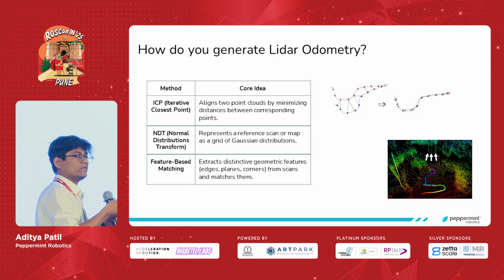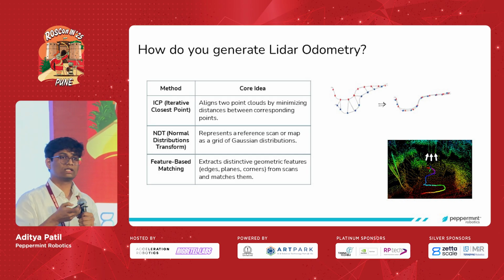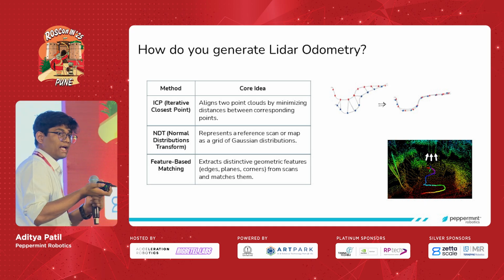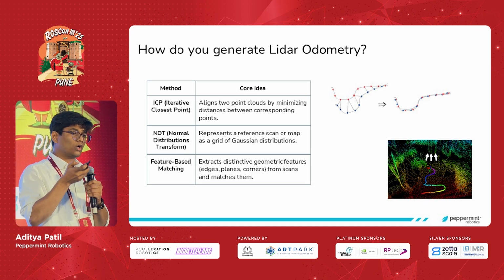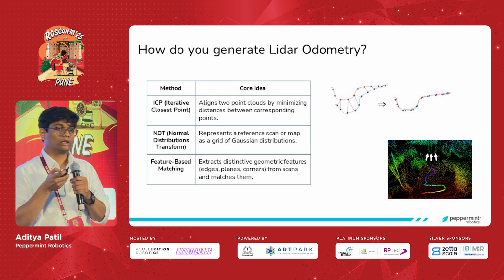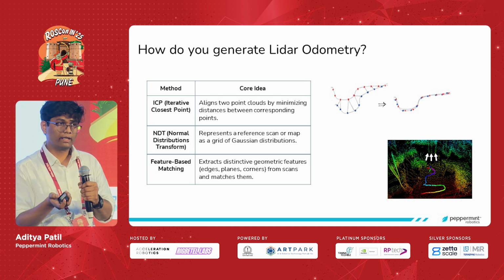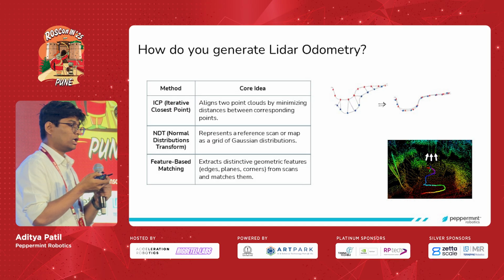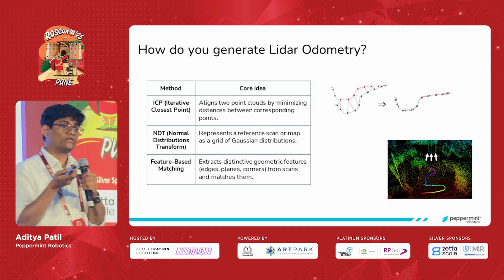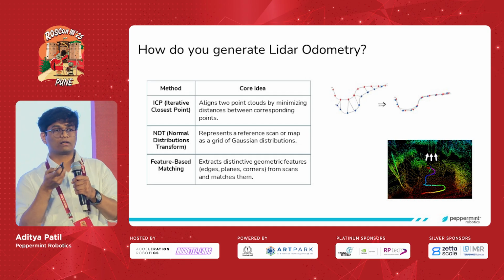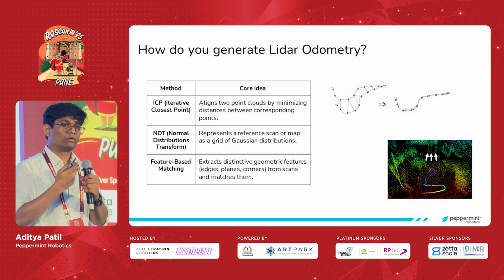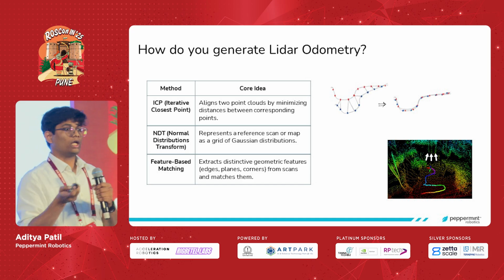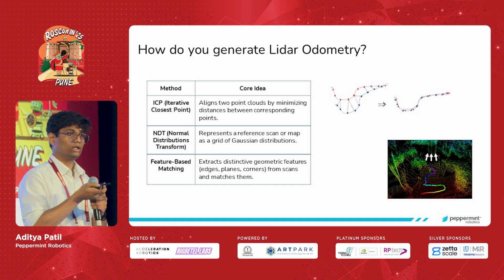There are a couple of algorithms which help you generate LiDAR odometry. The first is ICP, iterative closest point. That's the basis of the algorithm. So if we talk about ICP, what does ICP do? Since ICP has to work on LiDAR, it needs two consecutive point clouds. The main objective of this algorithm is to get a transformation from the previous scan to the next scan,